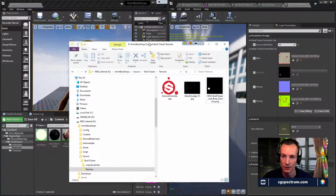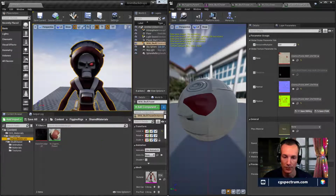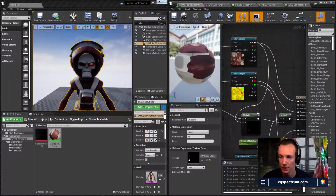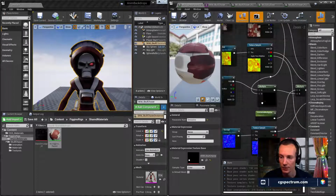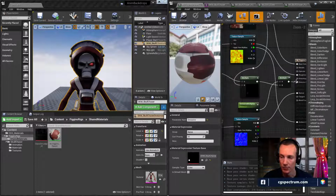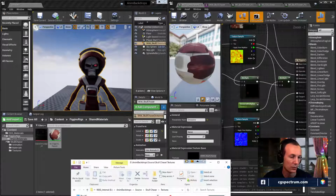And then I just brought that into Unreal. I actually added it to the parent material here so that now we have an input for emissive, which goes through this multiplier that multiplies the color from the actual base color, so that you get that brownie red color from the base color instead of just a white. And then we beef it up using this parameter to make sure it glows. You can make it glow a lot more than that, but that actually follows in line with what the